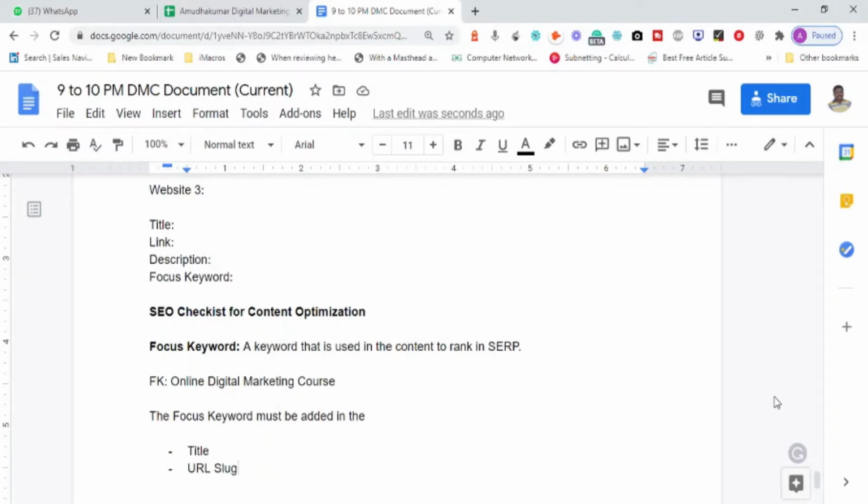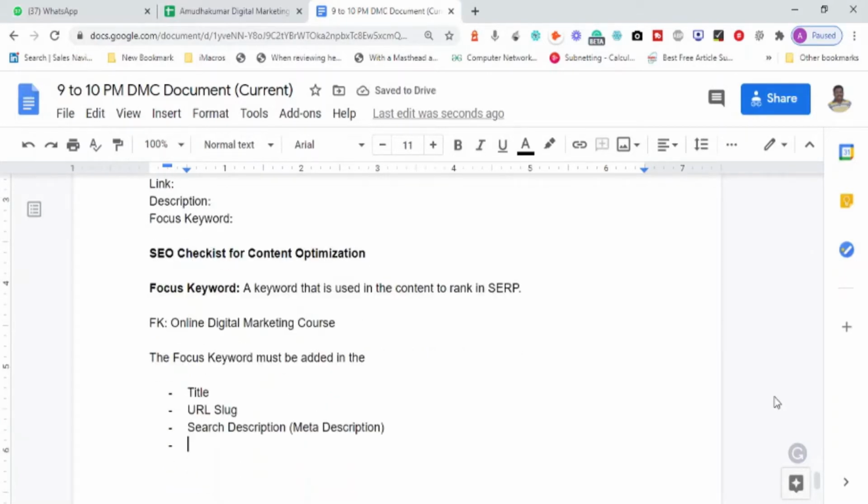Number two. So the focus keyword should be there in the title. It should be there in the URL slug. It should be there in the search description, which we even call the meta description. So: title, URL slug, search description or meta description, and first paragraph of the content.